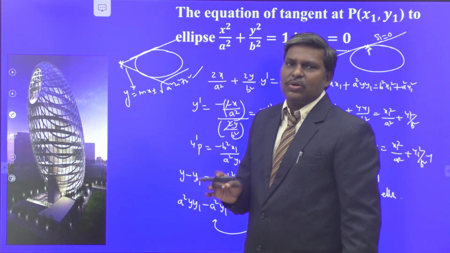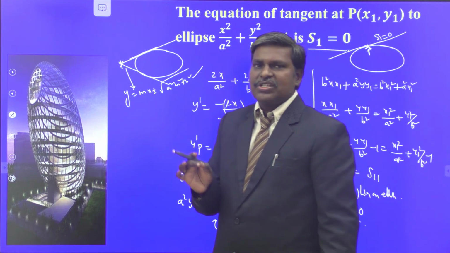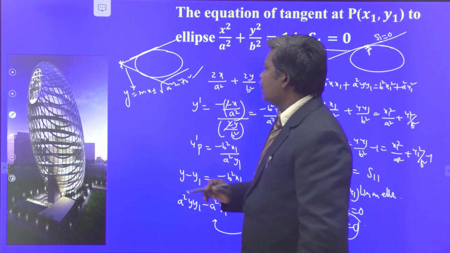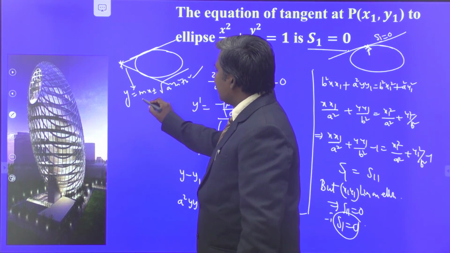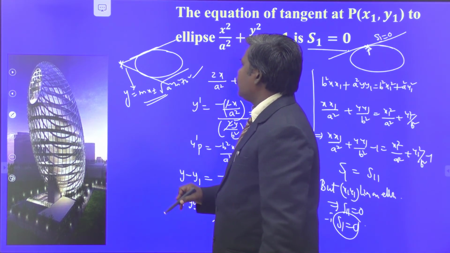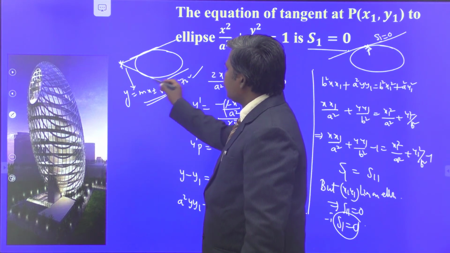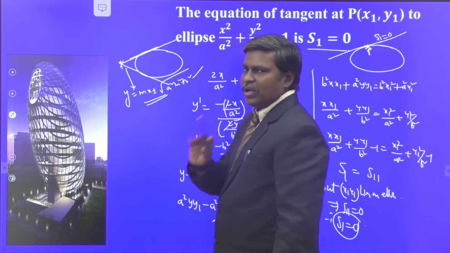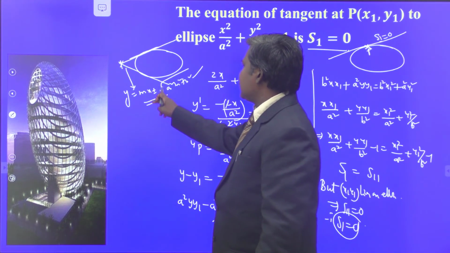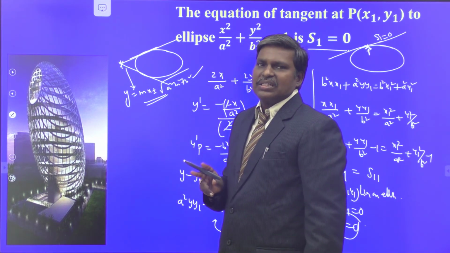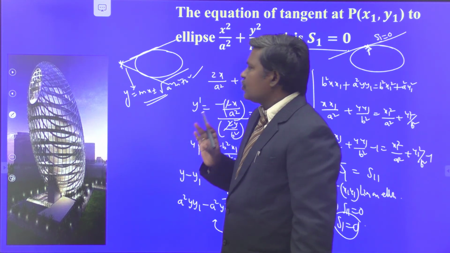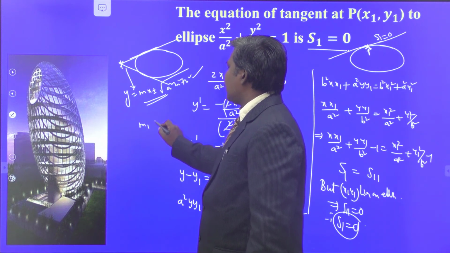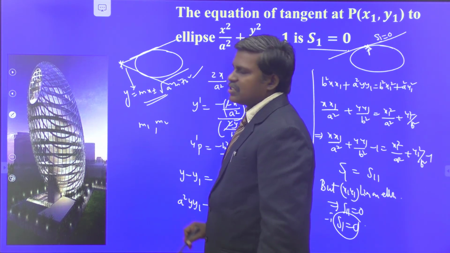You have to write S1 equal to 0 only when you have to write the equation of tangent at a particular point which is on your ellipse. Understand? Look, my dears, after getting the values of m1, m2, don't substitute them here itself. Once you substitute the values of m1, m2 here, we have 4 tangents, because plus or minus is also there. 2 of them are success, 2 of them are fail. So, to avoid this situation, after getting the slopes m1, m2, don't substitute the values there.